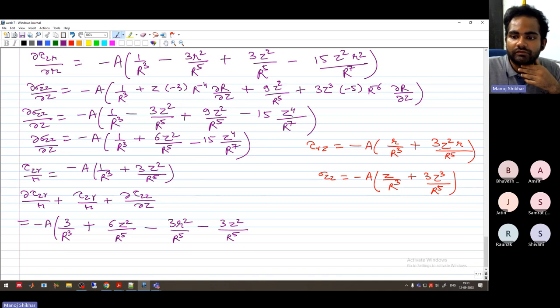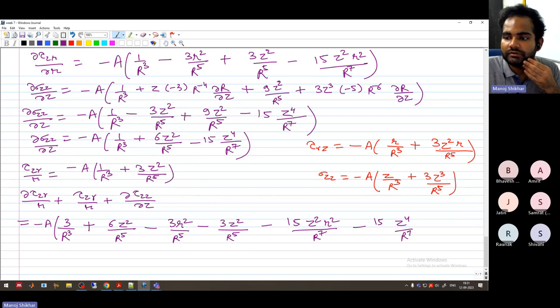Okay, so we are left with 15z square r square upon r to the power 7 minus 15 z to the power 4 upon r to the power 7. Okay. So if we club these two,